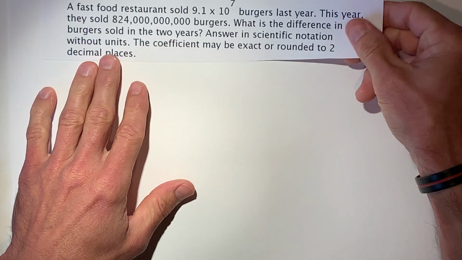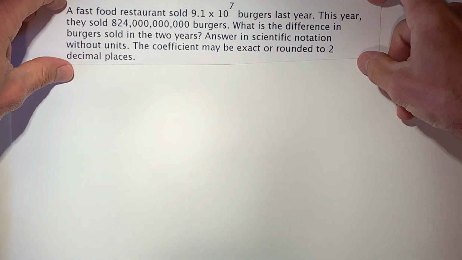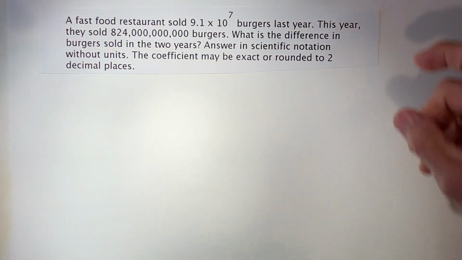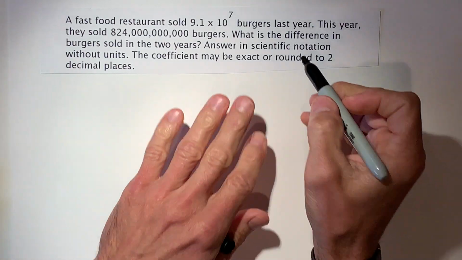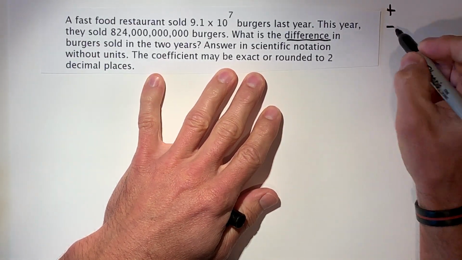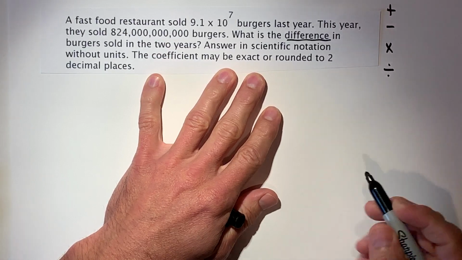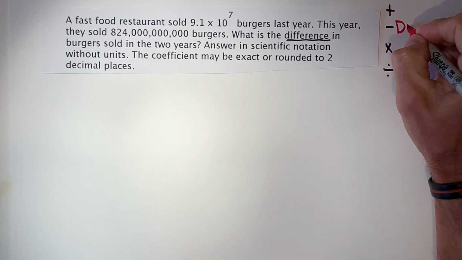The next one that I have that reminds me of a Get More Math question deals with a fast food restaurant. Let's move this down a little. A fast food restaurant sold 9.1 times 10 to the 7th hamburgers last year. This year they sold, well, a big number, 824 billion it looks like. What's the, oh, there it is. What's the difference? I see the word difference, and though my add and subtract and multiply and divide has been taken away, it is worth mentioning that difference would be the key word